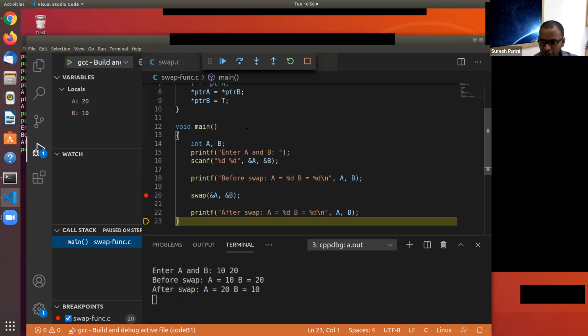It depends on the language. Yeah, that's true, Siddharth, it depends on the language. We cannot change the mechanism. Are you all with me on this example? We are not making copies of the variables, we are just passing the addresses of the variables A and B to the swap.